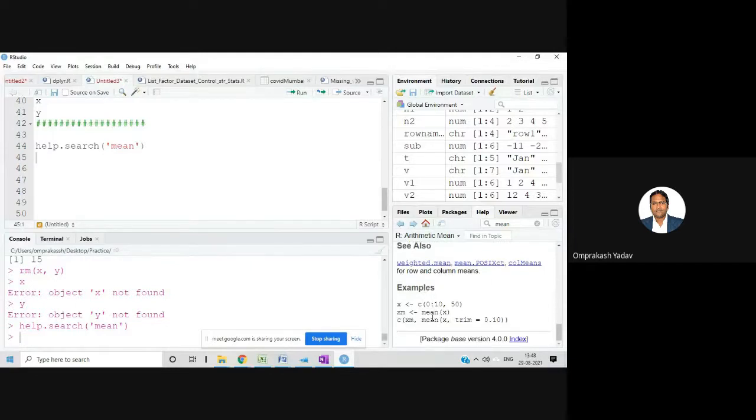It will show you the uses. For example, one variable is created, and then how to calculate the mean of that particular variable, it has given one nice example. So like we can see in the documentation, it will give you the example also in which we can use it.